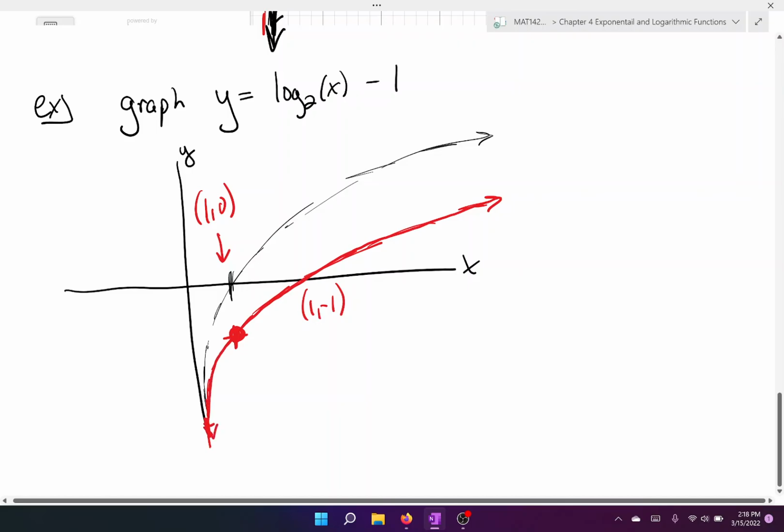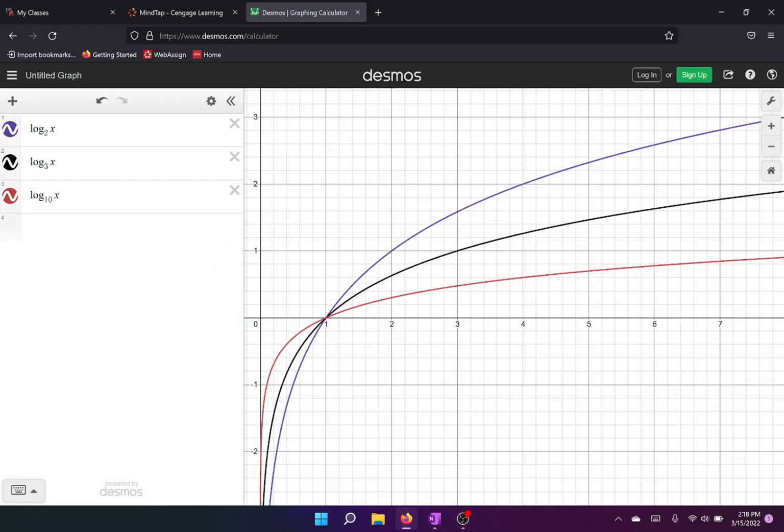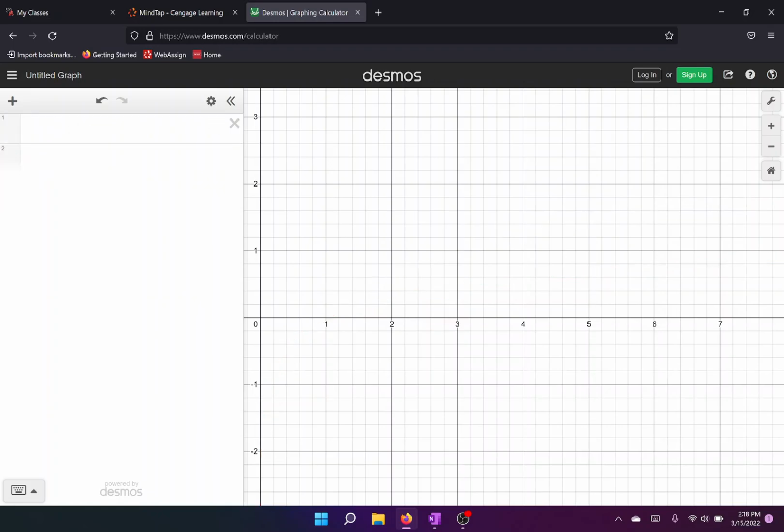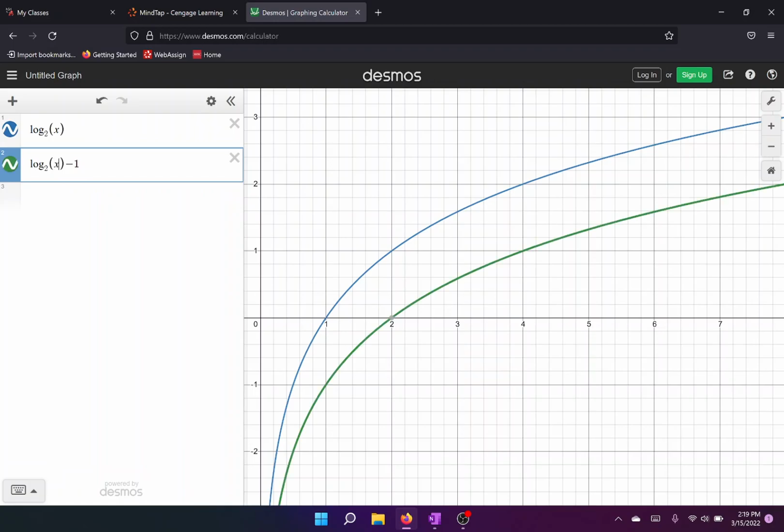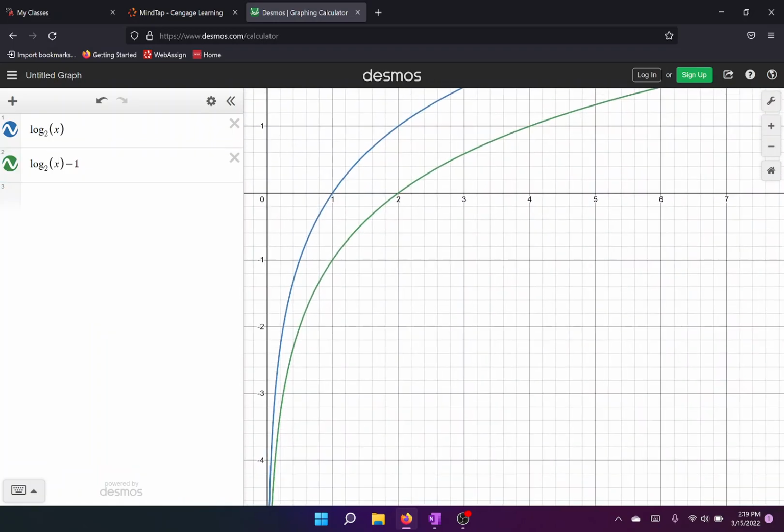Okay? And as always, the easiest way to check yourself to make sure you're correct is go back over into Desmos. All right? You could do log base 2 of x, which is in, I guess, blue. And now we're going to do the same exact thing again, log base 2 of x minus 1. Oh, sorry. They don't want capital X. They want lower x, which is fine. Okay? Now notice,